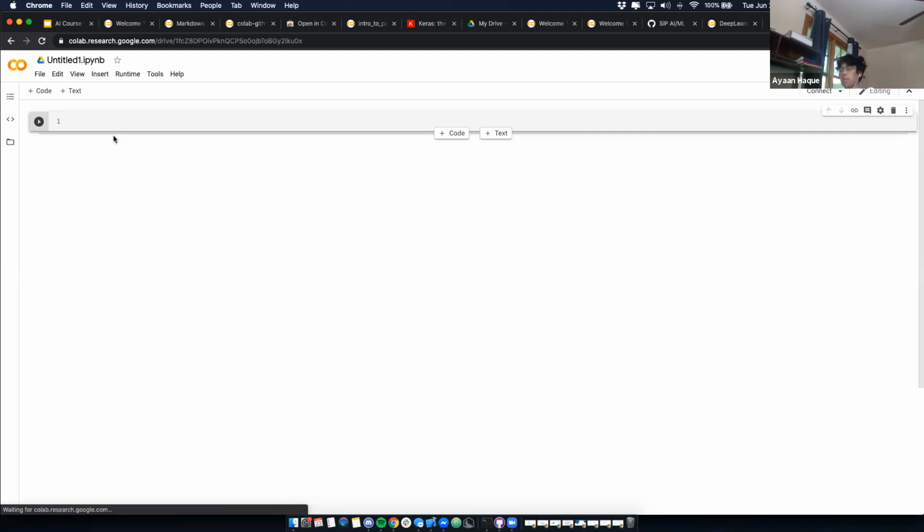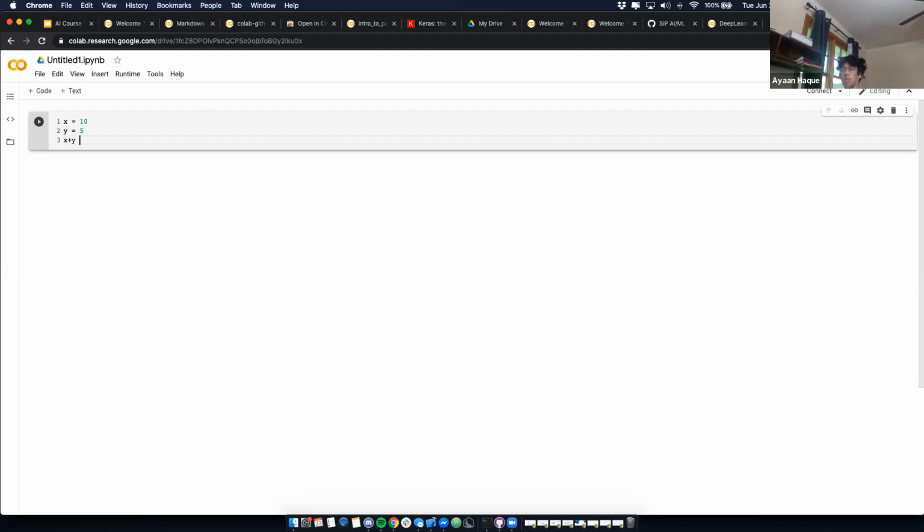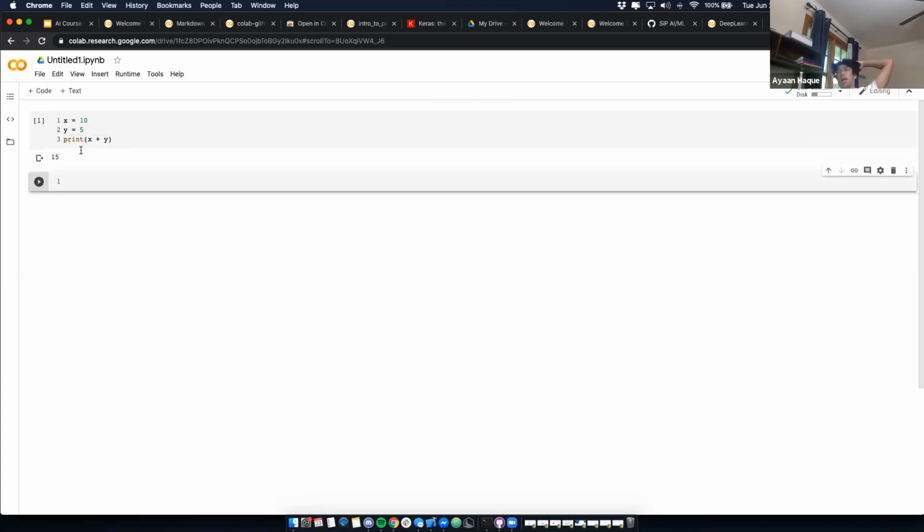And then in this new notebook, I'll just do x equals 10, y equals 5, x plus y, whatever, right? Just practice your Python, please. And then you'd run your code and it'll print it, right?